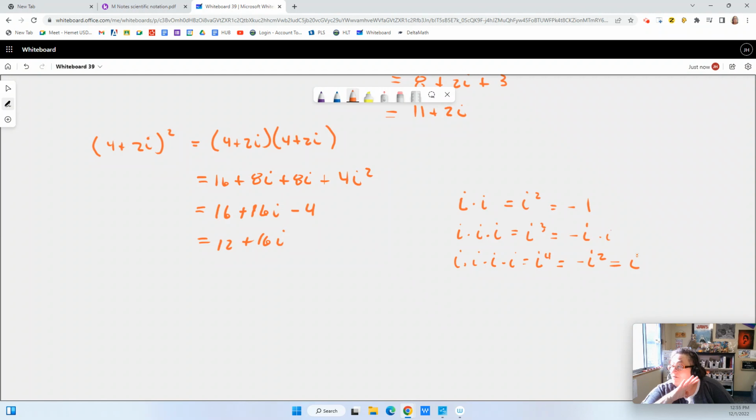So there's only four things that it could be. So i is i, i squared is -1, and then we've got i cubed is negative i. And then we go back to 1, and then we have -i. Right? So there's only so many things that it can be. That's me being tired.